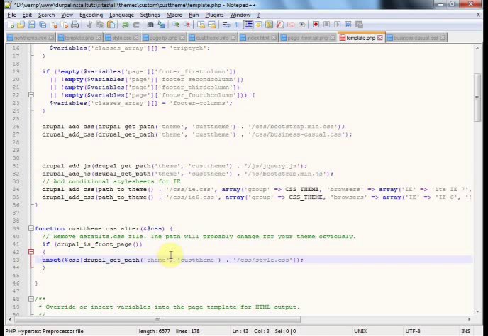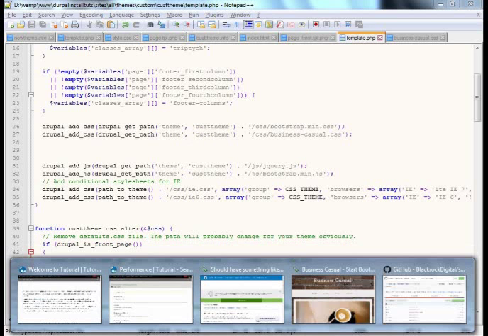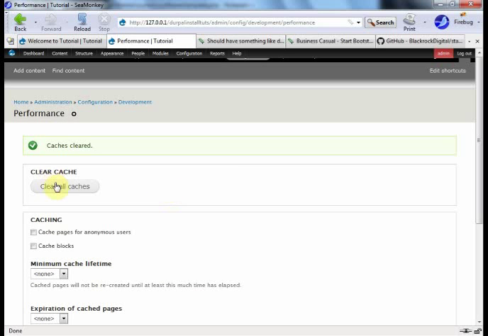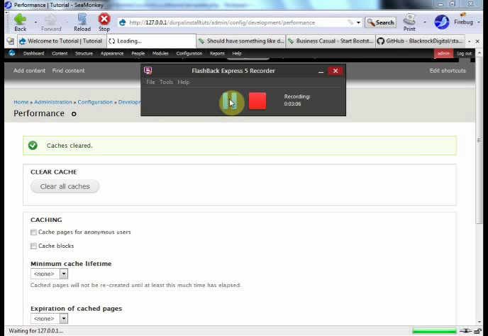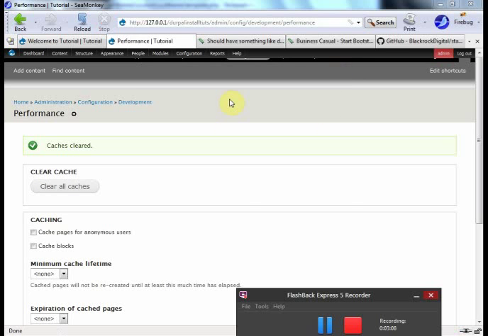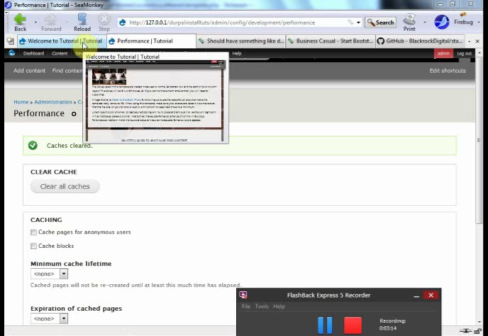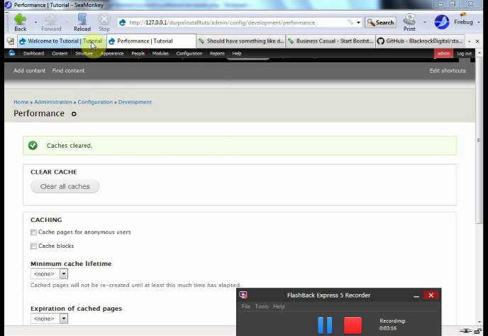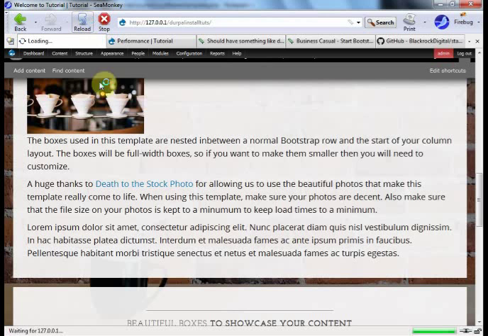So if I include this file and clear the cache, it will take some time. I just pause the video. So now the cache has been removed. So if I reload this page,